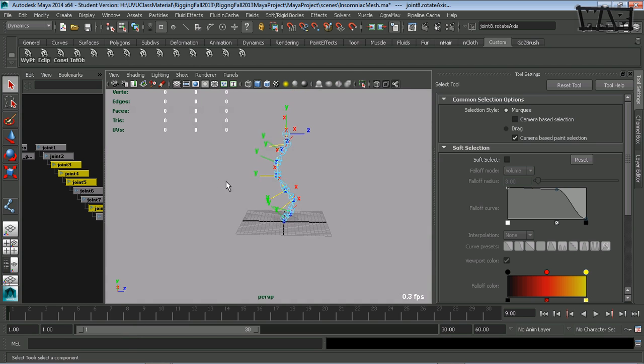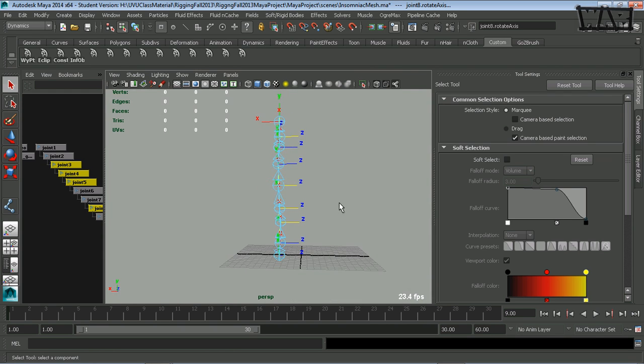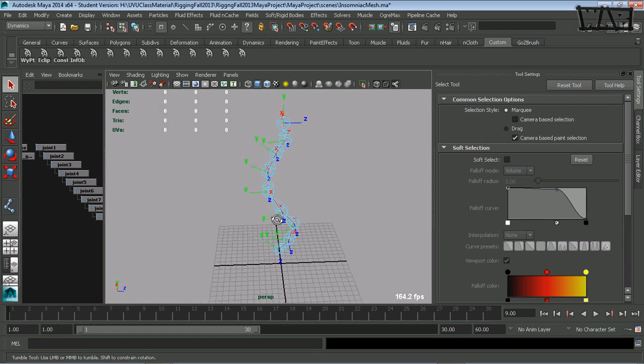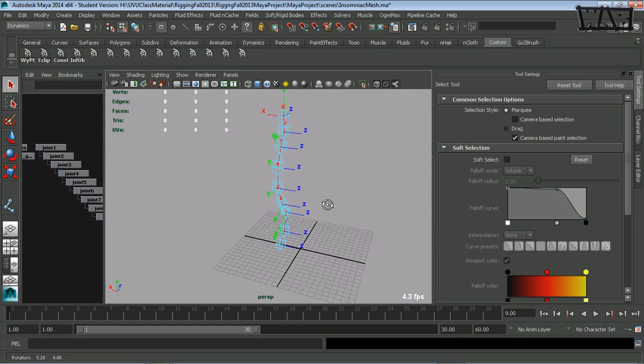And now they're all pointing to the same side of the body. That's really fast. If you use the Joint Orient tool, then you're going to have to really understand how to make it work. If you use the Mel command, it's real easy just to switch it. And now all the X's are pointing out the same side, all the Y's are pointing to the same side, and all the Z's are pointing out one side, all the